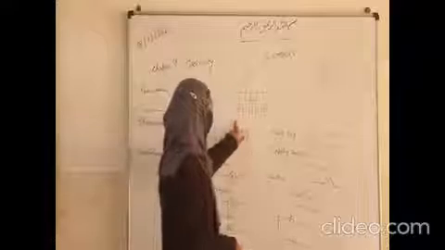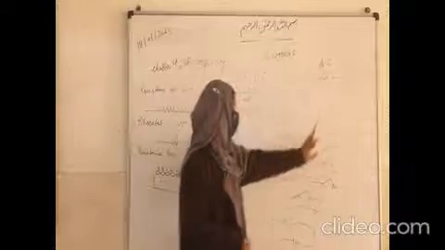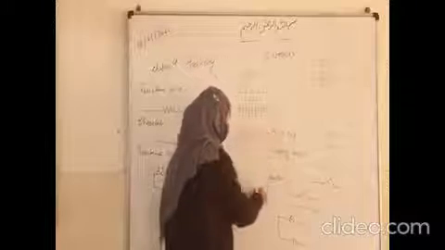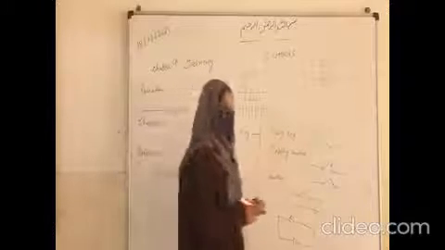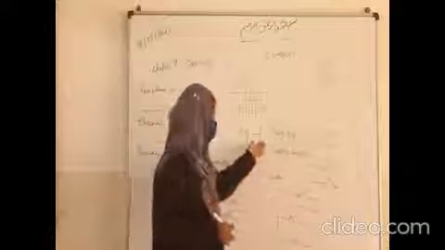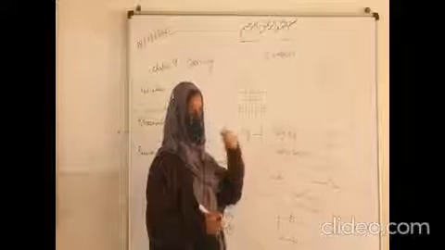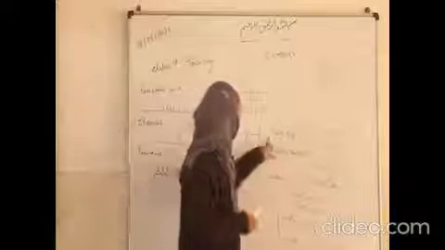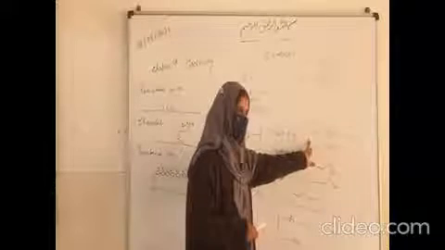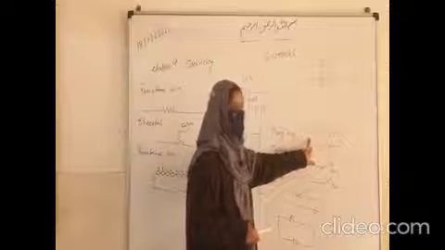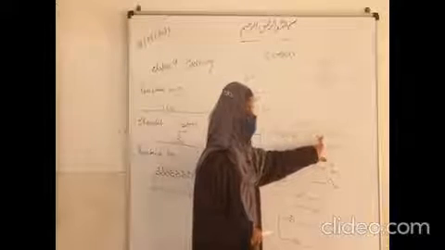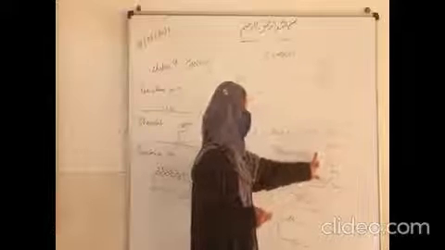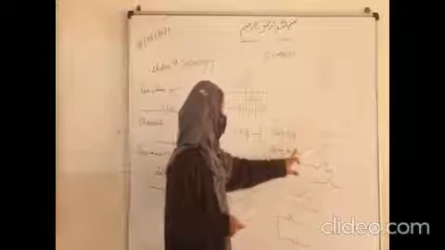DC symbol, AC symbol. Then we have key symbols. There are different types of keys. According to this, they have shown you 3 key symbols, but there are more than this. If you go to higher classes, you will see more symbols. The plug key symbol is simple, and we usually use it because it is easy to understand. If it is open, there will be no current. The current will not flow, and in this one the current will flow, because it is closed.